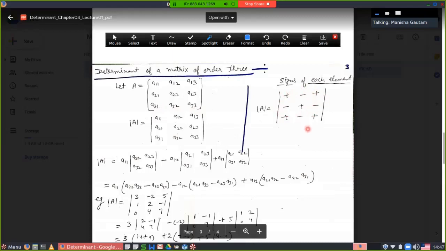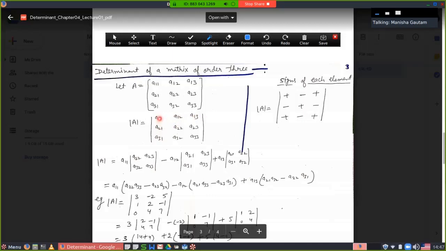Now you have to find the determinant value of a 3 by 3 order matrix. Here is a way to find it. First of all, the given matrix is written in determinant form. It is written here. Now determinant of A. First take A11 and its sign is positive, plus A11. Now leave the row and column in which A11 lies, the element lying in row first and column first.